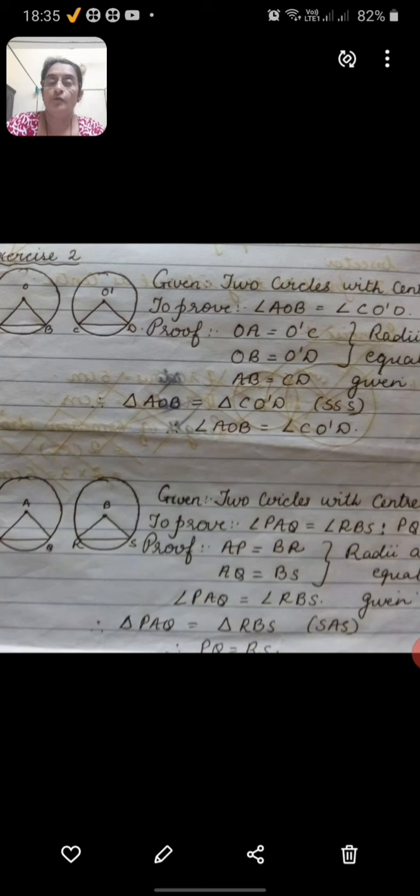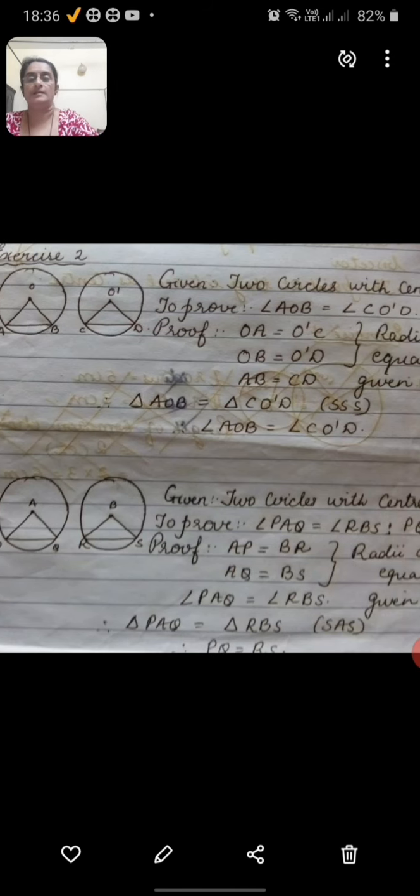Now all four radii which you are seeing, that is AP, AQ, BR and BS, all four are equal, that is given because the circles are congruent. Then it is given the angles are equal, so angle PAQ and angle RBS are equal. So using the SAS theorem, you can prove that these two triangles are congruent. Once you prove that these two triangles are congruent, you can say that PQ is equal to RS. So both the chords are equal. Fine. Let us go to the next exercise of this lesson.